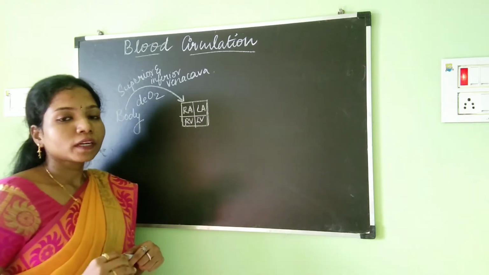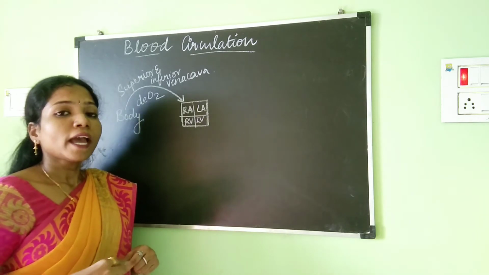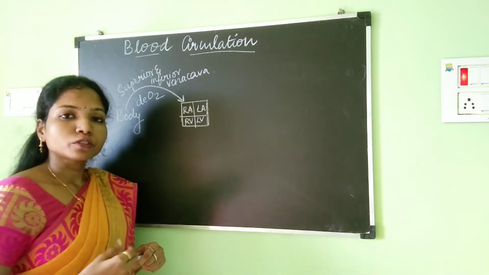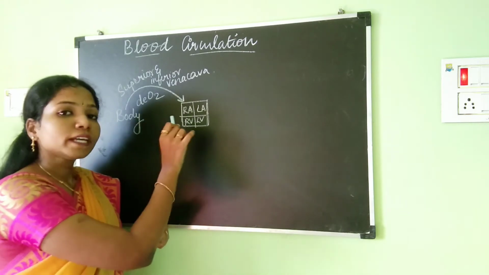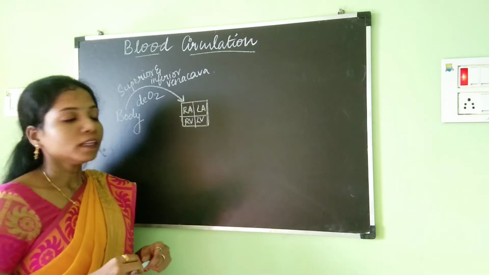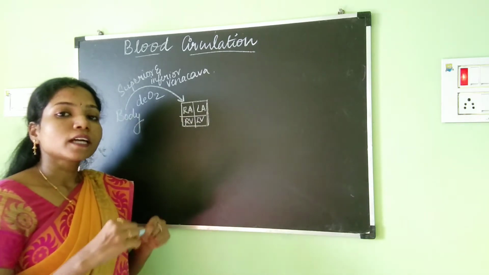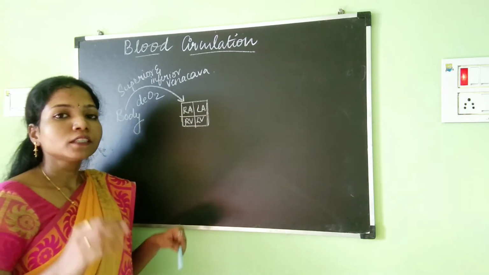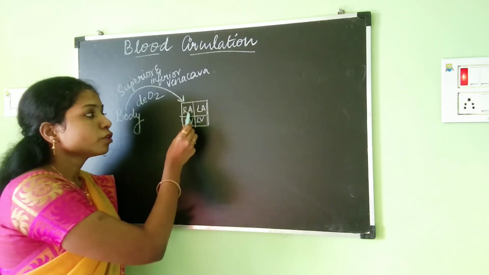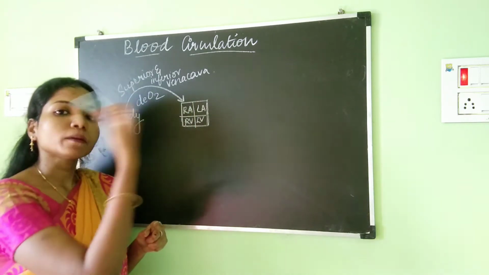Now the superior vena cava will collect the deoxygenated blood from the upper parts of our body, and the inferior vena cava will collect the deoxygenated blood from the lower parts of our body. Okay. So after that, the blood from the right auricle will enter into the right ventricle. This pumping of blood from the right auricle to the right ventricle is guarded by a valve called the tricuspid valve. The tricuspid valve will make sure that blood flows only from the right auricle into the right ventricle and not backwards.